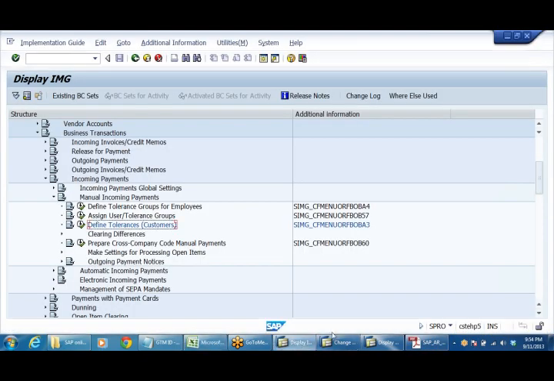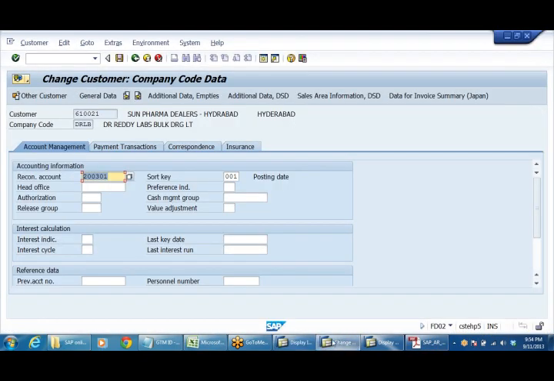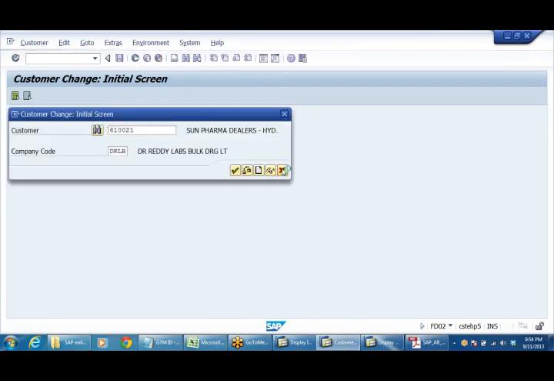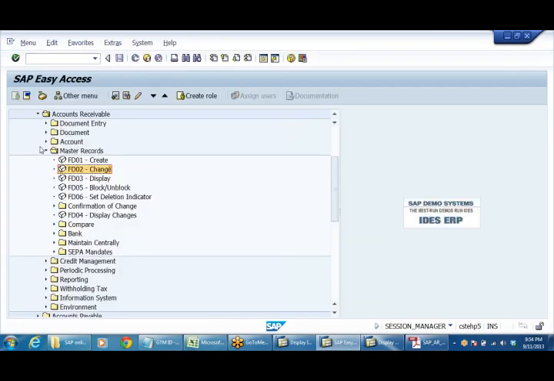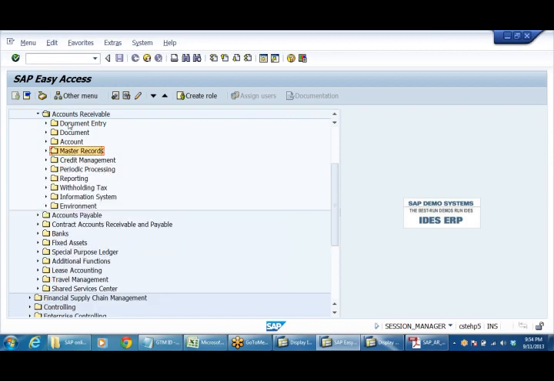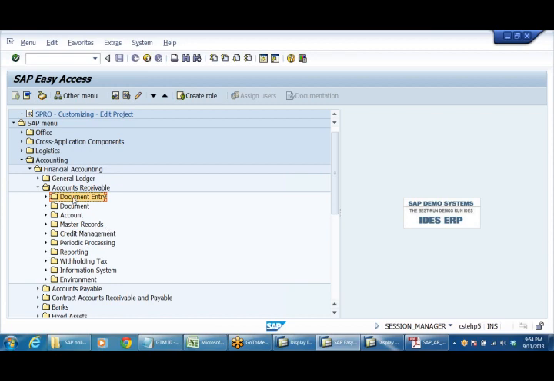Now we have posted a few accounting entries also. Accounting entries are nothing but invoices. We have raised invoices. I have created two customers, right? We have already posted 2 invoices, but let me post one more invoice. As I told you, in a real scenario where the SD module is there, you need not post any accounting entry directly like this. The data will be posted from the sales and distribution module, right?